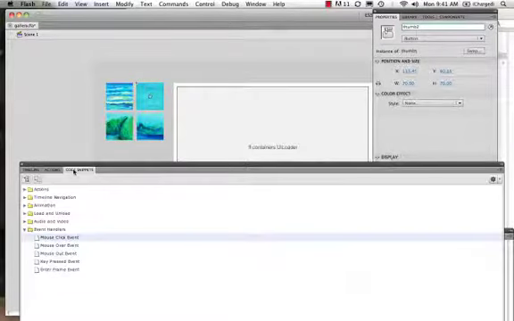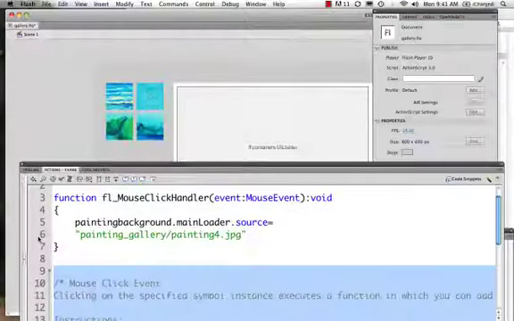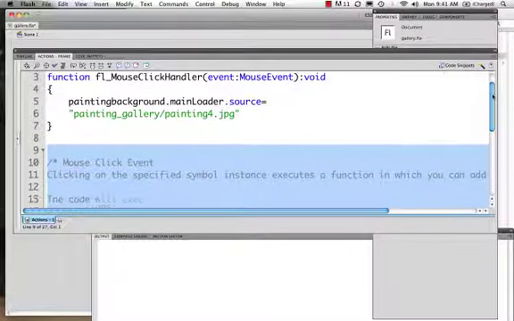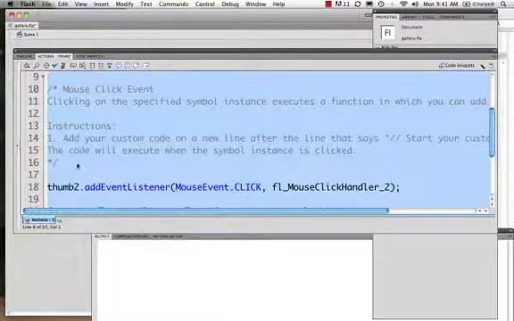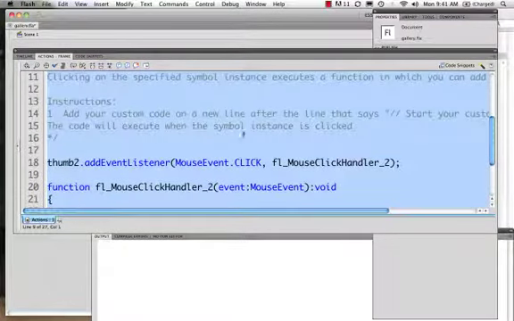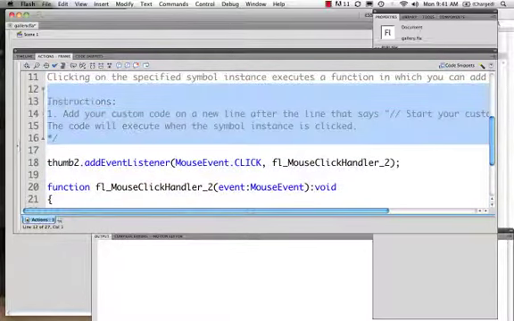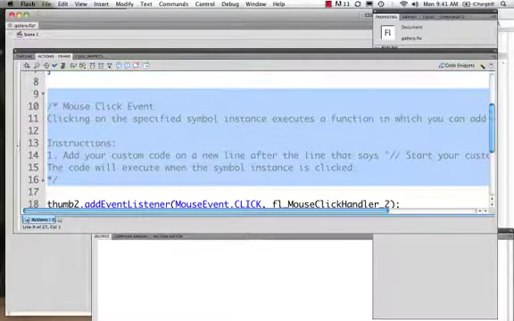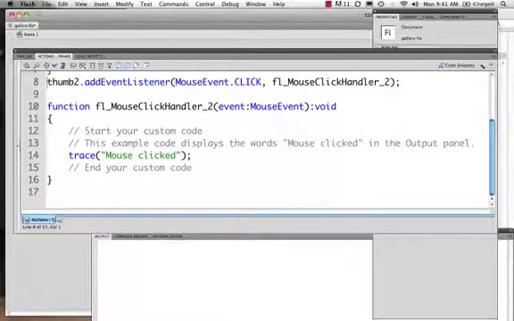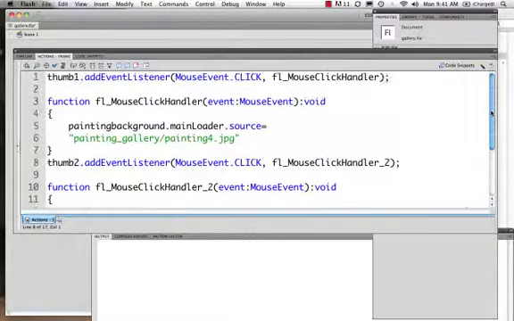I'm going to come back to code snippets. I'm going to double click for a mouse click event. Okay. And what's happening here is I can see all of these different... let me get rid of this comment. Sometimes the comments that Flash puts in take up a lot of space. All right, so the action script that I want can go directly underneath the command, the action script for